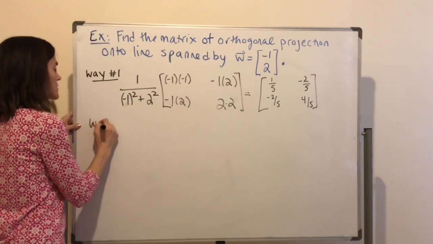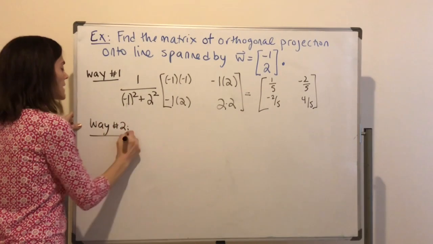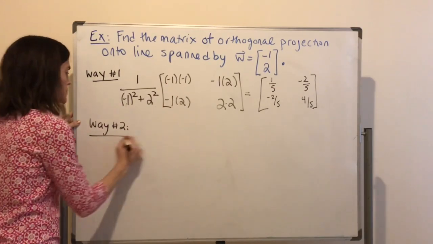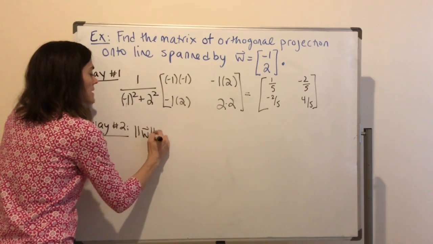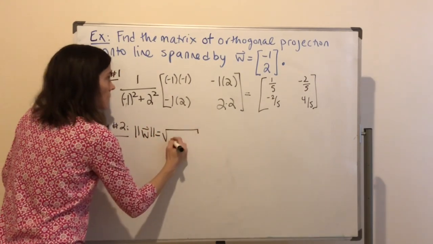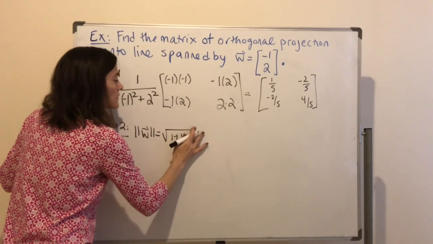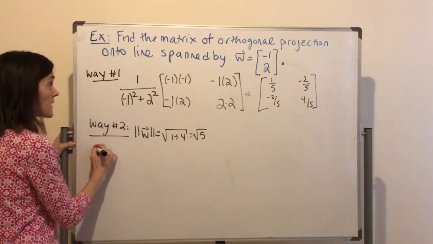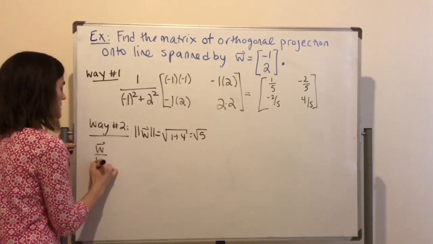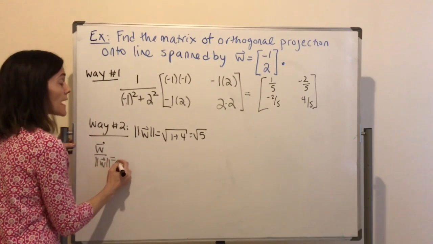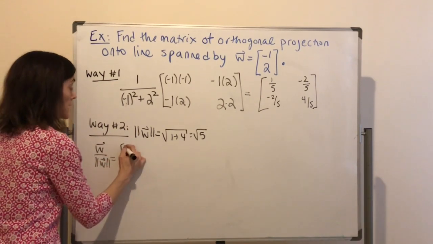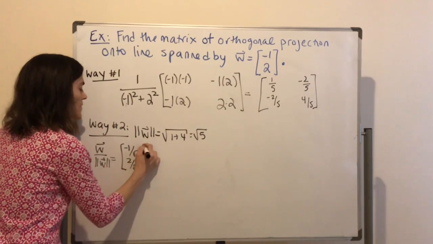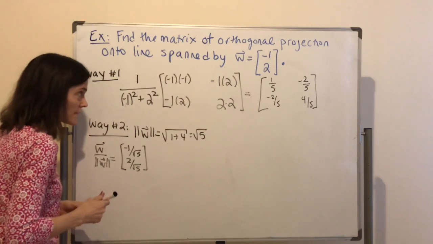Now, the other way you could do this is you could just take W and create its normalization, which would be to divide by the length. So the length of W is the square root of 1 plus 4, which is the square root of 5. And then this is now a unit vector. If you take W, this is something that we discussed, right? W divided by its length, which is -1 over square root of 5, 2 over square root of 5. This is unit.